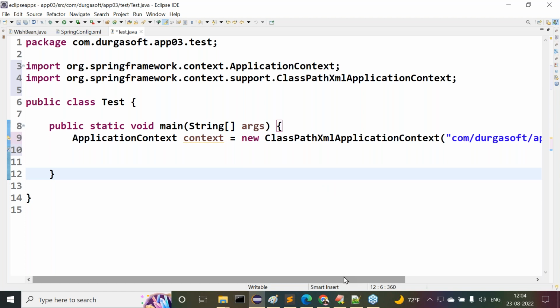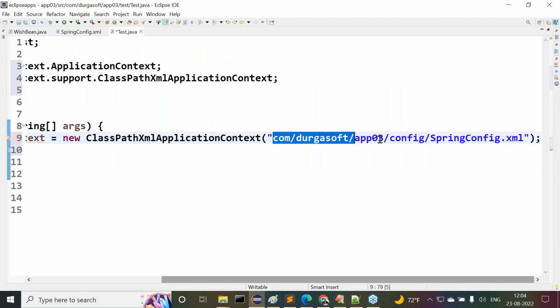While creating this container, it will take the provided parameter value, that is the name and location of the Spring configuration file. ApplicationContext will search for the Spring configuration file. If it is identified, it will load and parse it, then read the bean configurations and identify the respective bean classes. If the bean classes are available, ApplicationContext will create objects for those bean classes, and those objects will